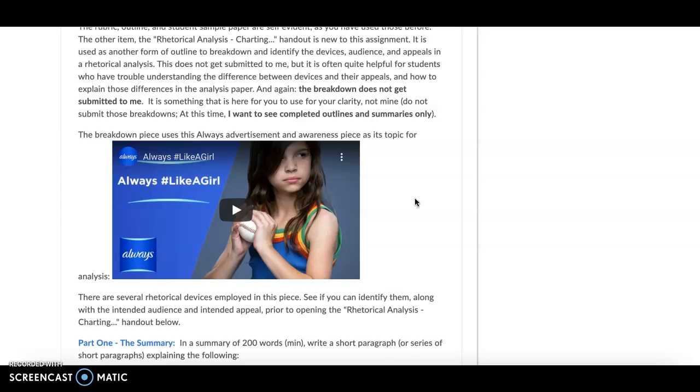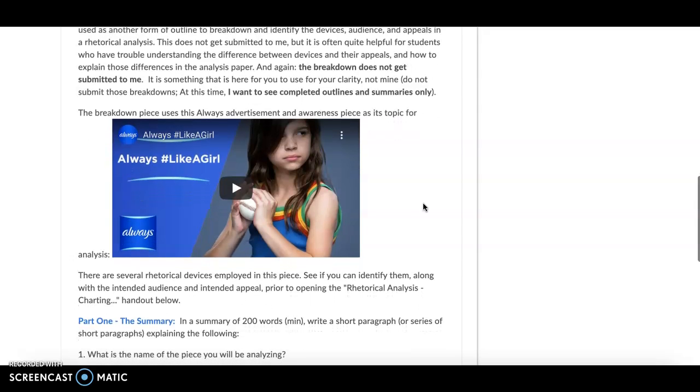If you have not, make sure you've read this chapter and you understand what we're talking about, the content and context of rhetorical analysis. You're looking for analysis of primary devices that are used in your ad that you select.